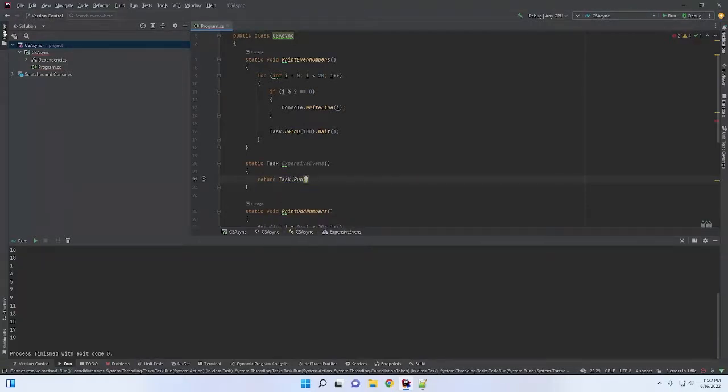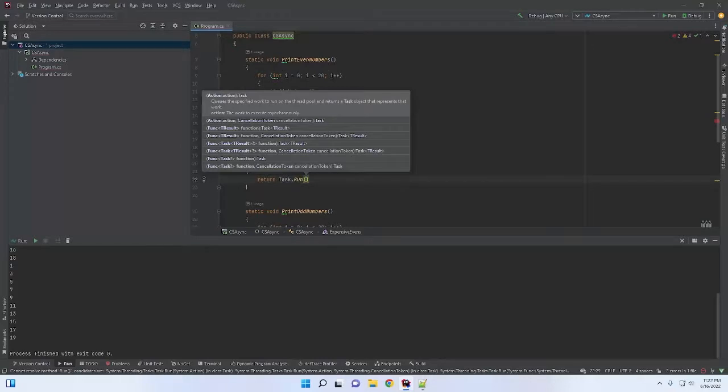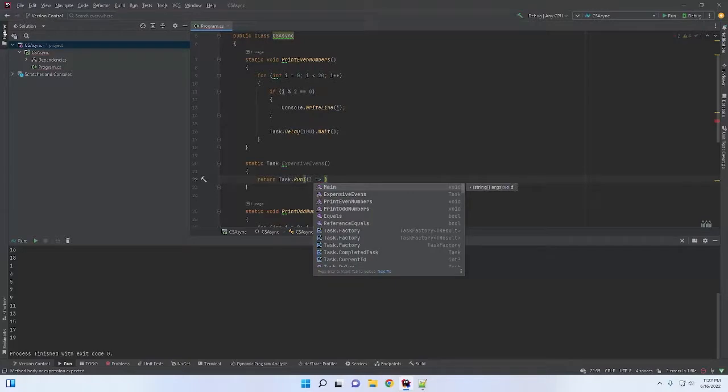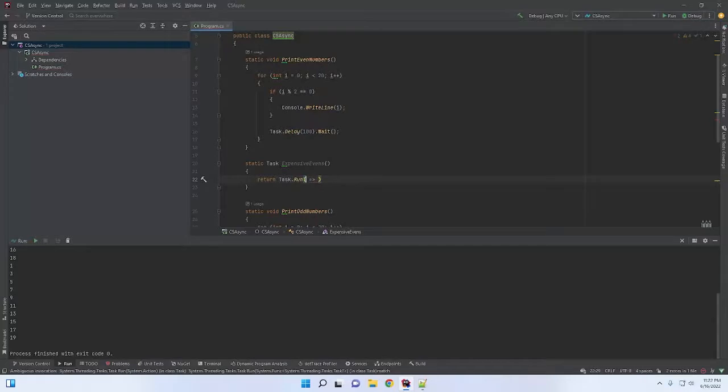Task.Run. And now this is going to be a lambda expression. So I'm using the empty parentheses there because we aren't actually passing in any parameters. If you don't pass in any parameters, you cannot just leave it blank. You have to put something there. So it's very common to just put empty parentheses. And so this will be PrintEvenNumbers, semicolon. And so this method here, all it does is return a Task, which is calling the PrintEvenNumbers